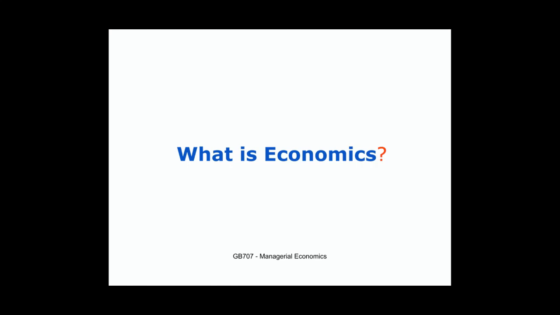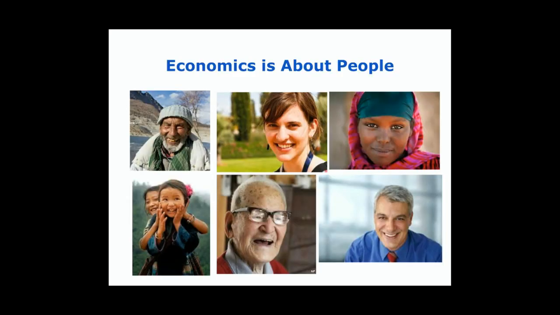What is economics? This is the question that we normally start out with when we are beginning our study of economics. Economics is a social science. It's about people. Now, it's true that oftentimes when we're studying economic problems, we're interested in tools and machines and factories and things like that. We're interested in things, but we're only interested in them to the extent that they're connected or related to people. Now, what we're interested in when we study economics is how people use resources.